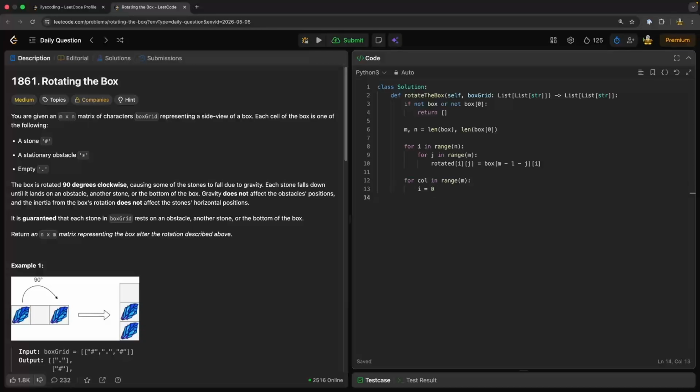So assigning i to 0, and while i is lower than n, we're checking if rotated i column is equal to stationary obstacle, which is this symbol. We're incrementing and just skipping for next one. Here we got the start. Let's define the start as i, and initial amount of stones is 0, so while i is lower than n,